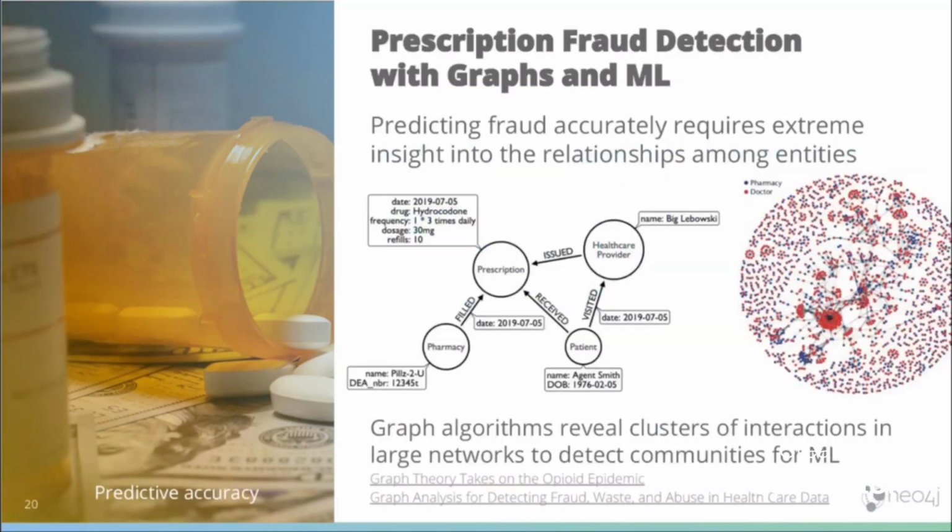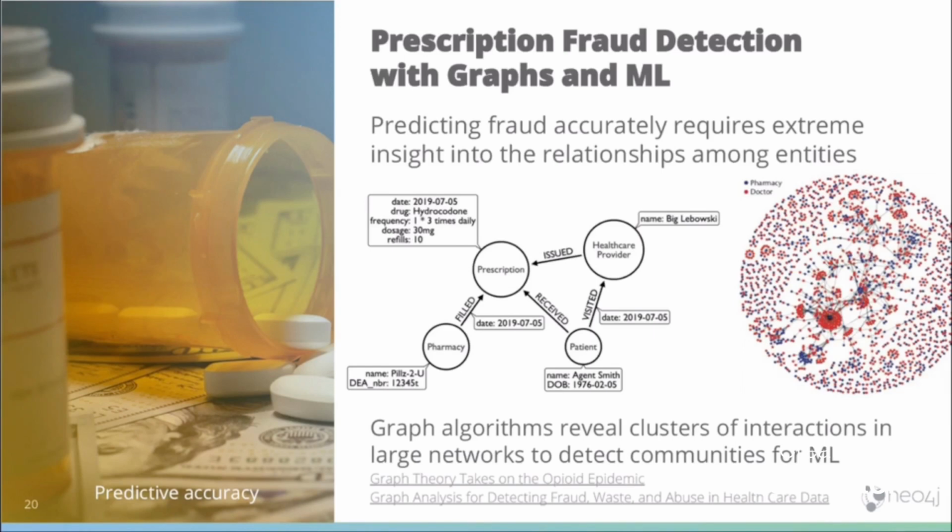There are ways that we can employ machine learning and graphs to help combat some of this. There are a couple of examples looking at fraud detection in opioids, where you can use graphs to more accurately predict things that may be indicative of fraud in opioid insurance, and thereby track down and try to cut down supply. There's an example on neo4j.com. If you go there and do a quick search on opioid, you'll find some work that a colleague of mine, Mark Quinlan, did,